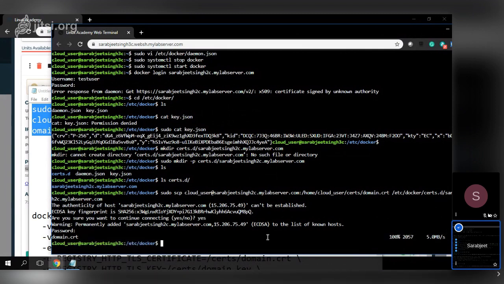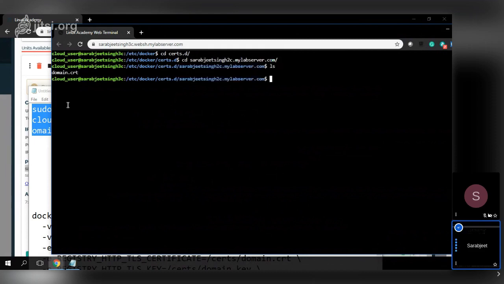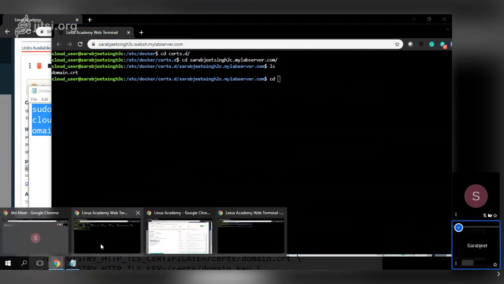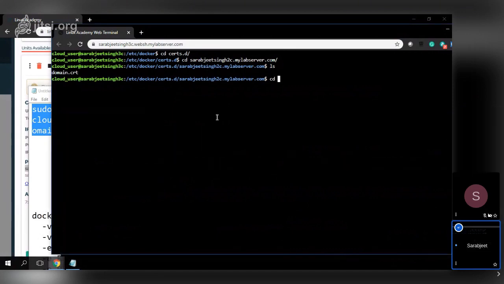Let me clear the screen first and go to certs.d and then this folder, and if I check over here we have domain.cert. So we have copied the public certificate from the host on which our registry is running. Let me just go to the home folder. Now if I try to log into the registry,